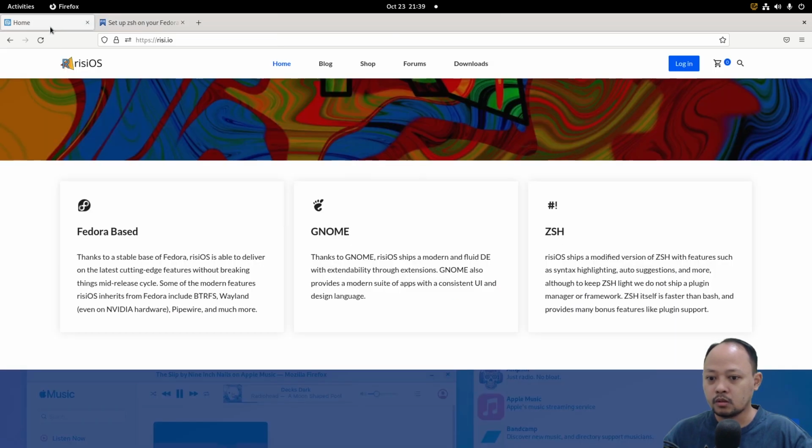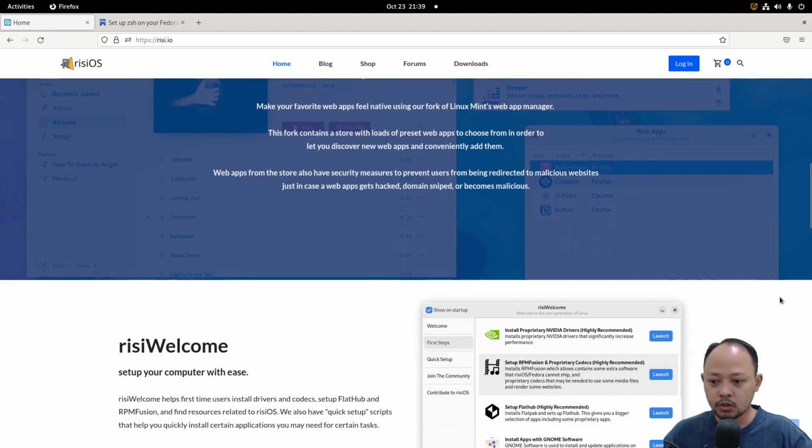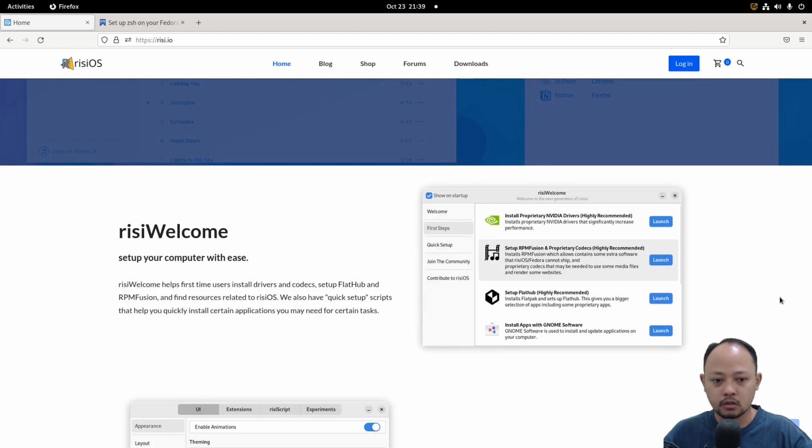Okay, and then I will scroll down on this page. In this area we can see there's Risi Welcome. I think it will be the welcome page when we are done installing RisiOS.